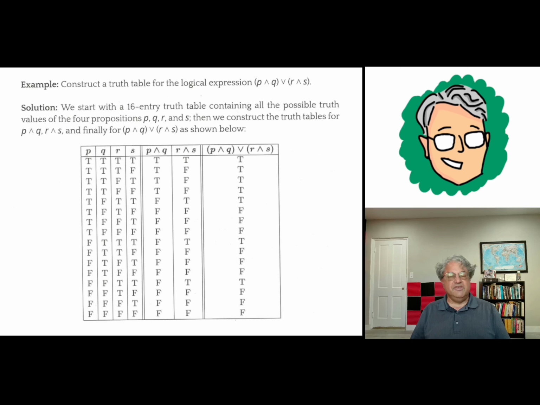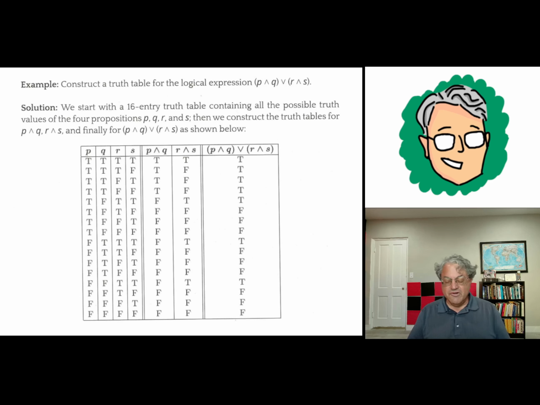And like we did in the other 2 examples, we break it down first. So we first have to have a column for P and Q and another column for R and S. And you could go through all the possible cases, and I don't think I want to do this. It's going to be kind of a pain. But P and Q just suffices to say that P and Q is true if and only if both P and Q are true, which is the case for the first